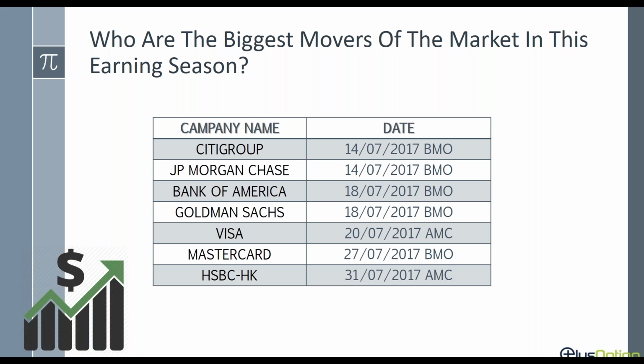I recommend that most of you take a pen and write down the dates that you're seeing right now. These are the dates of the reports of the major banking companies in the United States. I will give you a few seconds to do that. You can print screen with the keyboard as well if you would like. So this is, as I said before, the banking industry. The most important are Citi, JP Morgan, and Bank of America.